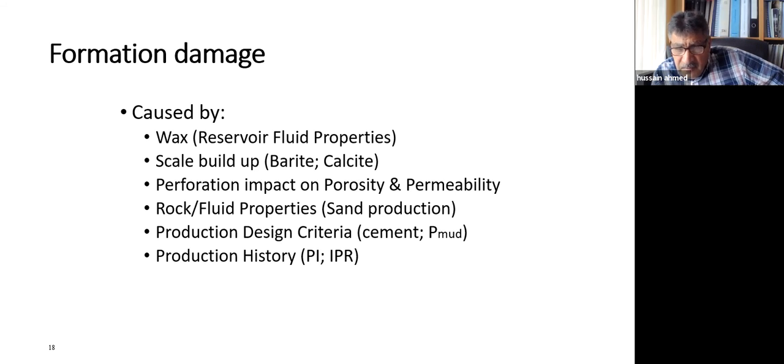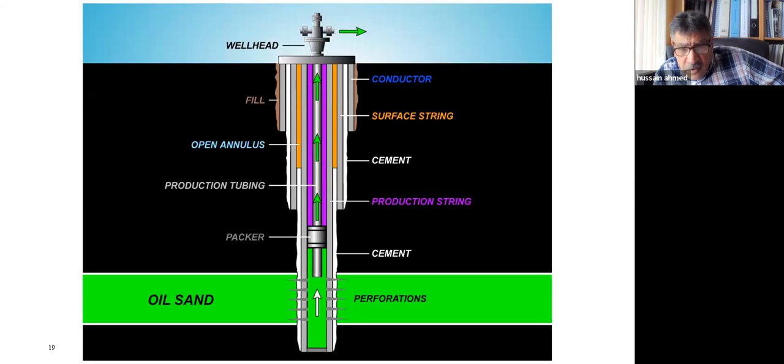Also, formation damage has a good connection with the history of the wellbore through the productivity index, the J factor, and the IPR. So if you have a completely healthy wellbore and all of a sudden there is a problem with the production rate, and you say to yourself, nothing is wrong with my tubing or my wellhead, so the wrong thing is happening in the formation itself.